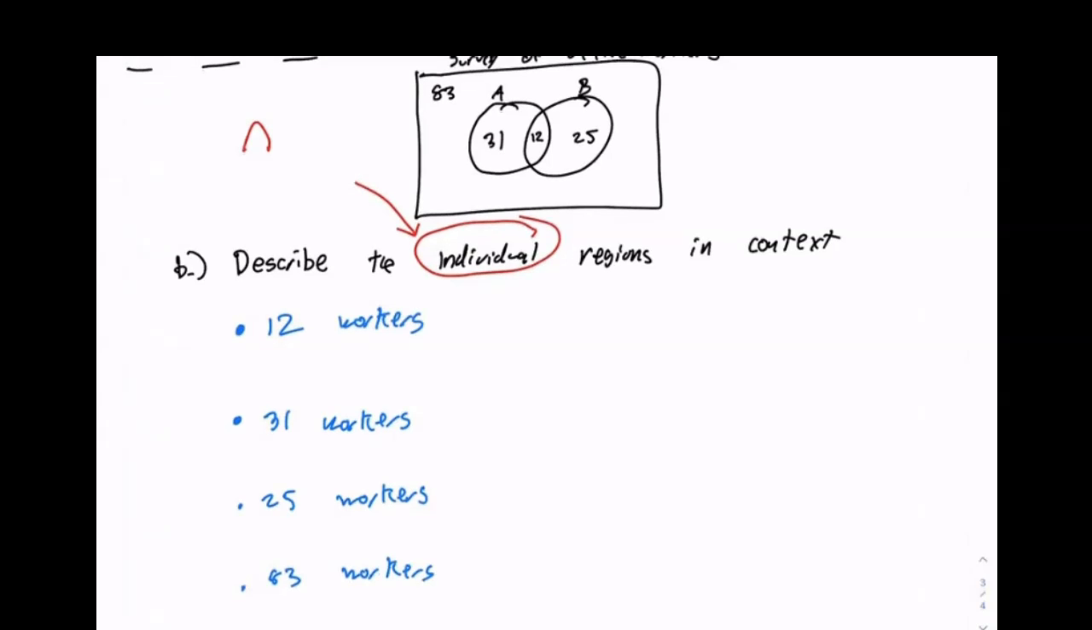So 12 workers, is it inside or outside of both circles? Is it inside circle A? Is the 12 inside of circle A? Yes. Is it inside of circle B? Of course. So then this is A intersection B, which means this is 12 workers who drink coffee and